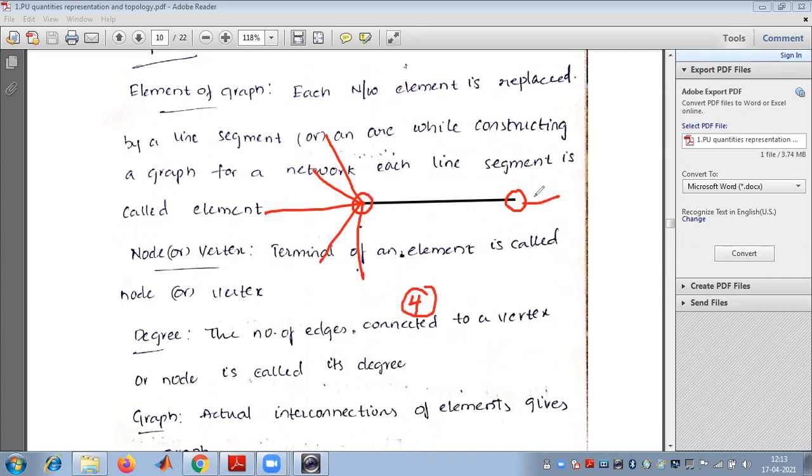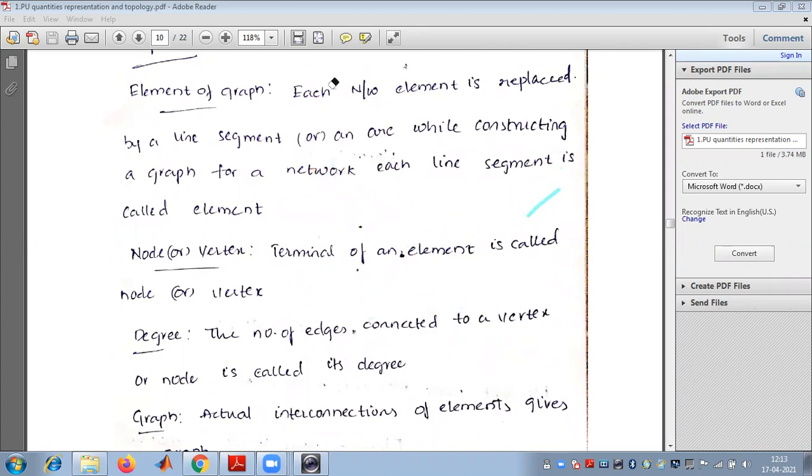A vertex can also be like this. You can have 2 vertices or 2 nodes here. The number of edges connected to each node is called the degree of that vertex or node. Please do remember that. So here I am considering this as node number 1. For this node, 1, 2, 3, 4, 5 and 6 line segments have been connected. So obviously the degree of this node is equal to 6, because 6 segments have been connected to this particular node or vertex. That is the definition of the degree of a node.